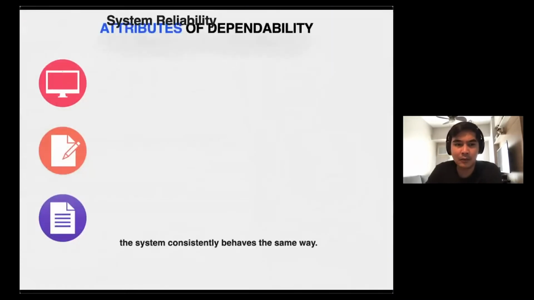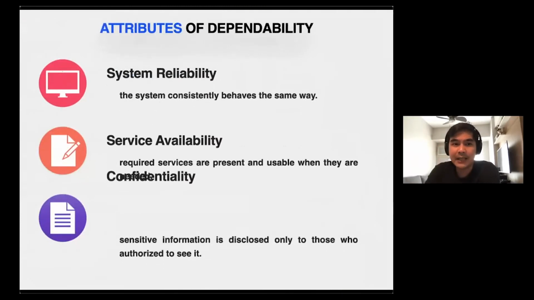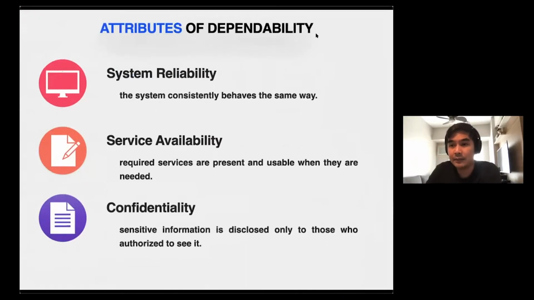Especially now that we are having this COVID-19 pandemic, and most of us are depending on systems and databases. Kailangan talaga dependable yung ating mga applications and programs na ginagamit. Just like for example, Canvas. Canvas is the world's top learning management system, and this is very much secure ang ating Canvas, kaya hindi tayo masyado nagkakaroon ng problema in terms of the security features ng ating Canvas, because it's very much dependable.